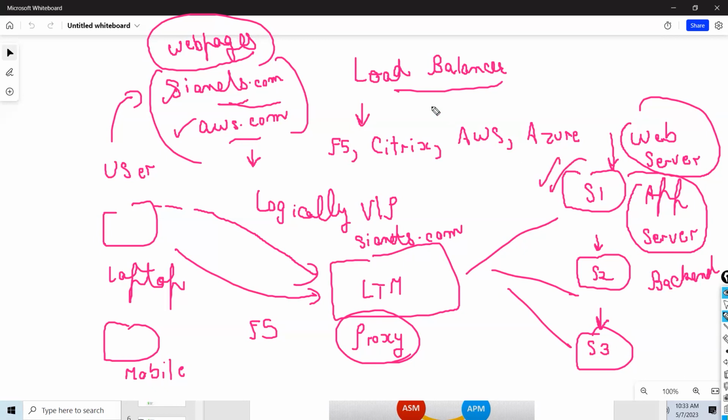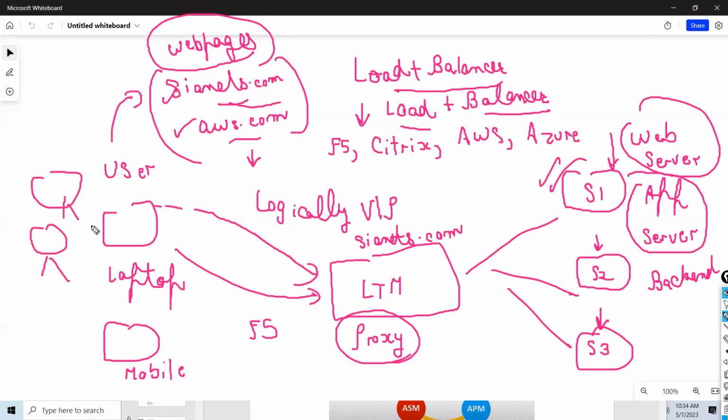Now my question is, what does load balancer mean? So I will divide it into two components. One is load, one is balancer. Can anyone tell me what is load and what is balancer? So load is your customer requests. Many users are there, like this user, this user. They want to access the web page. Now this server can handle only 100 requests per second. This server can handle only 100 requests per second. This server can only handle 100 requests per second.